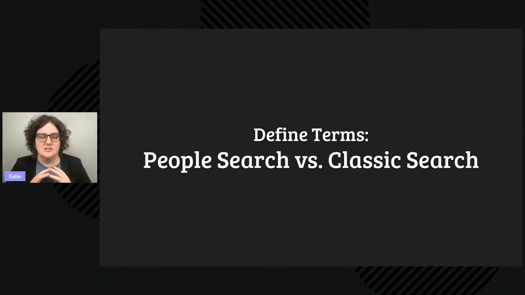But there are still things that you can only do in classic search that you cannot do in people search. One is if you had previous saved searches, those are still in classic search, although they are encouraging us to build them in the people search. And the second thing, which is the biggest, is you can only mass change data of profiles in classic search. So I'm going to show you how to do that, but that's the main reason why you would use classic search. Otherwise, you can pretty much do what you need to in people search. They're continuing to add features to it.